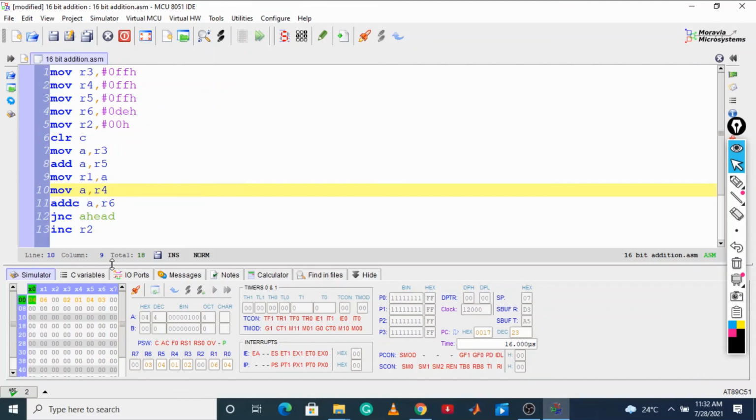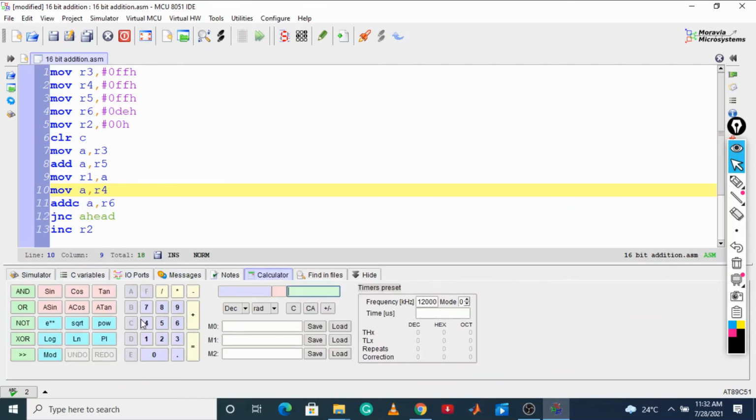Now we don't need it, but there is a calculator here also. Put on the calculator and choose hex data. Now what is your first data? This is the lower byte, this is the higher byte. The data you want is 4F, and now you want to add it with which data? This is your lower byte and this is your higher byte.